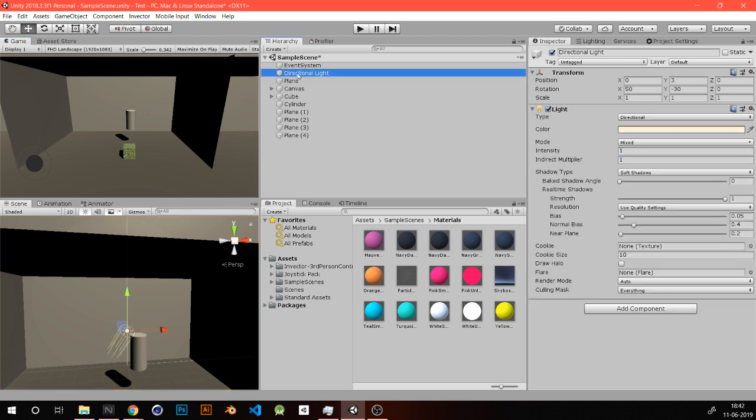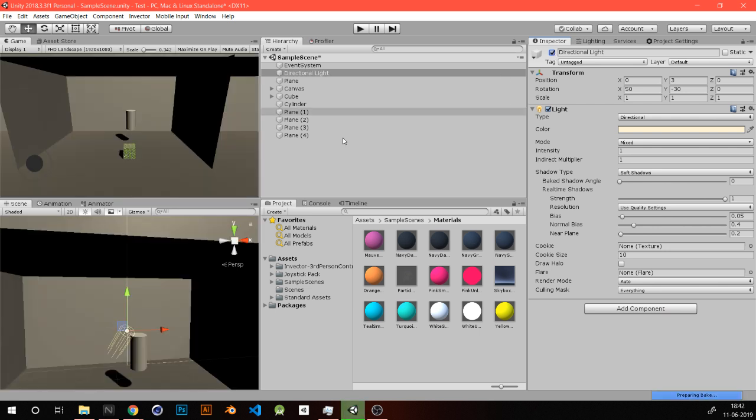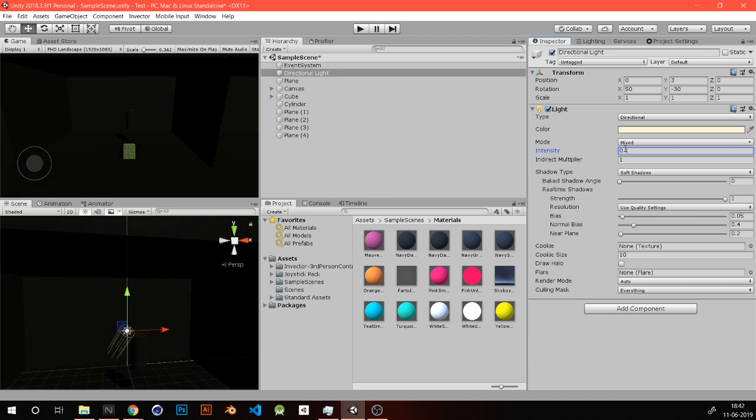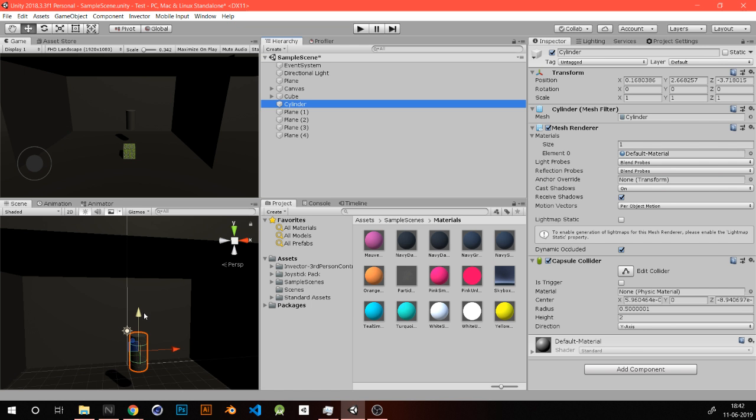So the only reason you're seeing anything is because of this directional light. You turn it off, it's black. So actually, just drop the power down to something like 1.1. No, very little. Cool. So now you have the cylinder over here. You can rotate the cylinder, make it go to 90,